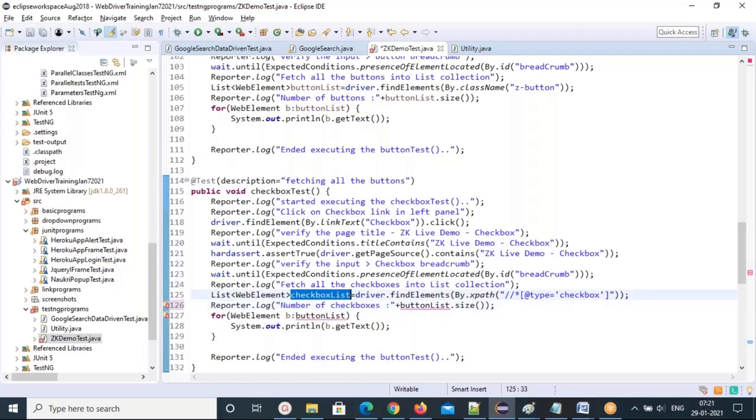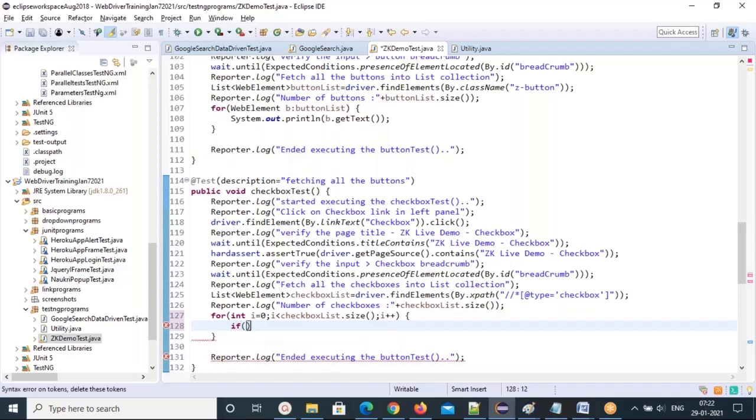So for this collection, I'm going to use a normal for loop instead of a for each loop. I'll use int i equal to 0, because the collection starts with the first element, and i less than checkbox list collection dot size method, and i plus plus. Now we have to select each checkbox.